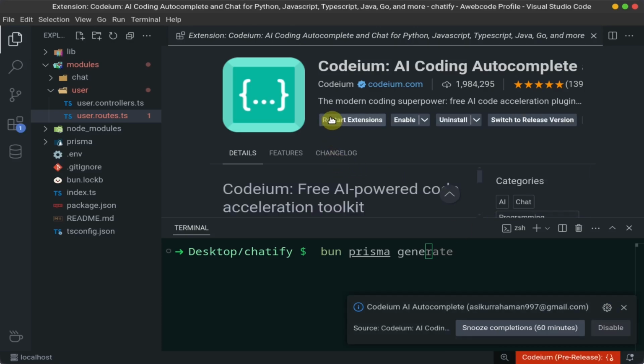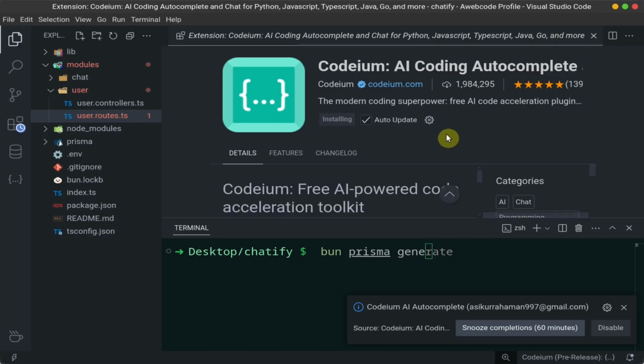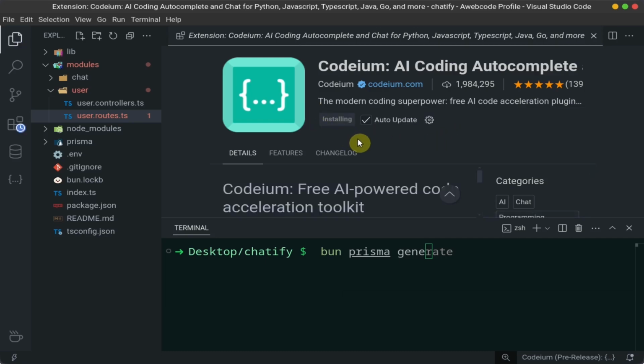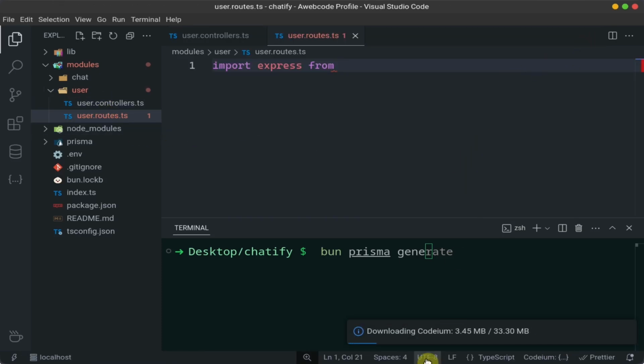Why it is not working? Okay, this is installing Korean. So